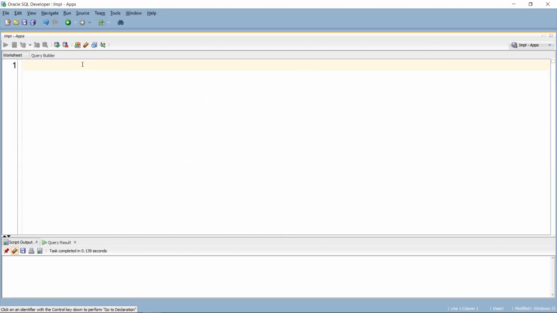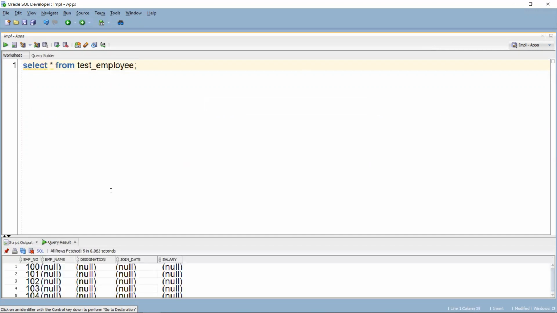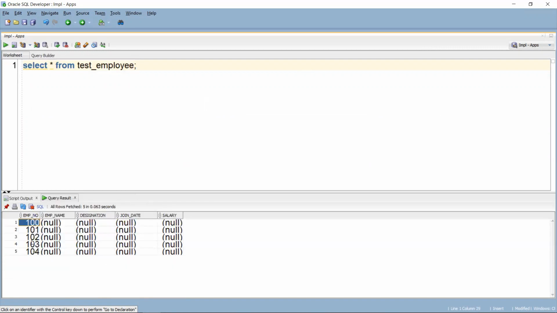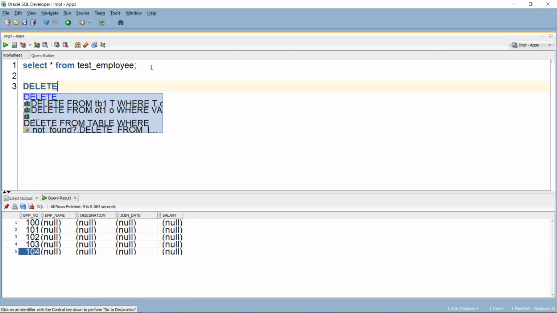Okay. So I'm considering the test_employee table. So select star from test_employee. If I run this query, I'm getting employees 100 to 104: 100, 101, 102, 103, 104. Let's see how we can execute the delete commands here.